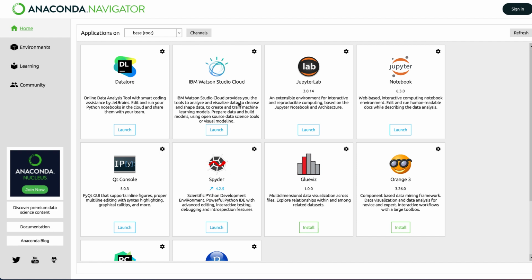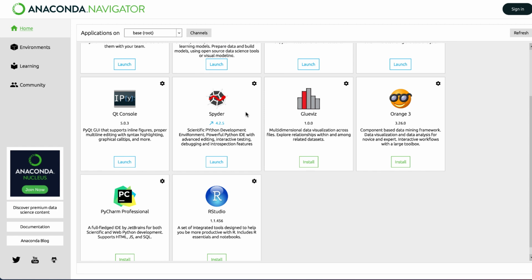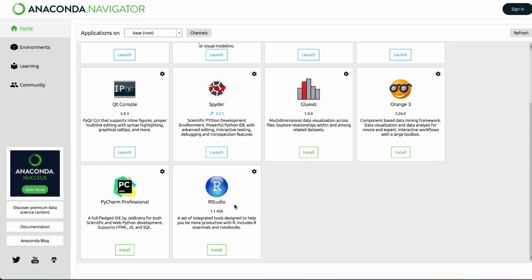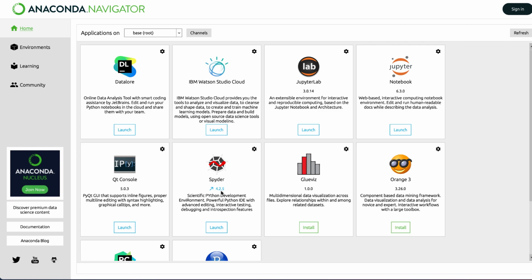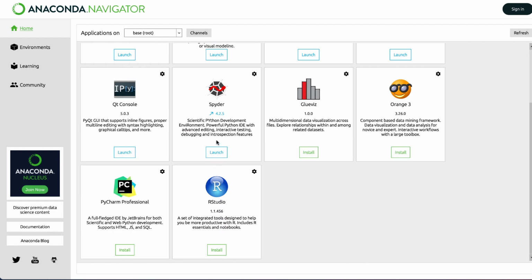Now you can take a moment to go through all of these. What I really like is RStudio. If you want to install it, you can install, or we'll do it when we get into learning R. Right now you can skip that. There is another one that is called Spyder. It is also very well preferred by many professionals because it provides you a very nice data view. That's why it's preferred. Other one, PyCharm. A lot of people prefer it.